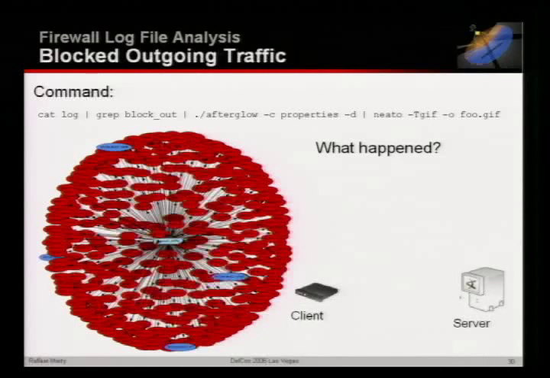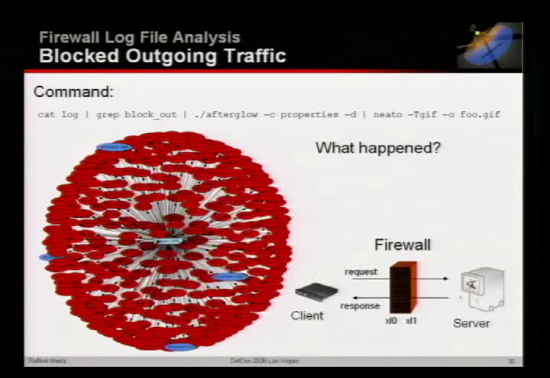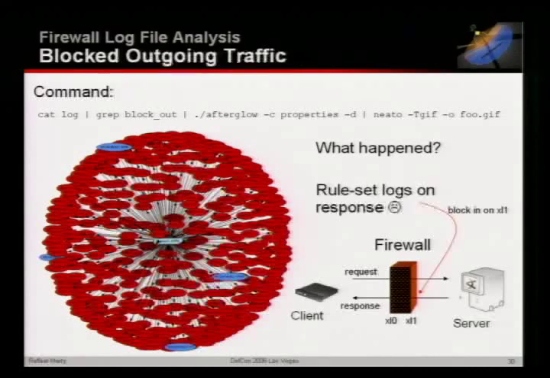We have a client and a server. Simplified, I have some machines in my network, which are the servers. The clients are probably on the internet. I have my firewall with two interfaces. If I have a connection, again, this request-response thing, and this is going to screw you up all the time. So always think about this if you get a graph like this, whether there's something wrong. So what happened here is,